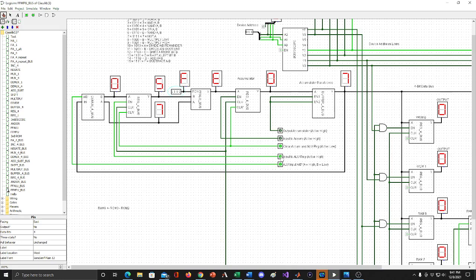So I turn off the ALU register because this is a default 0. We don't want to replace the 5 that we already have. It's not going to be a big deal if we do, but there's no reason to do it. It would have been a big deal if we had replaced it before finishing this computation. But as long as we remember the current value of